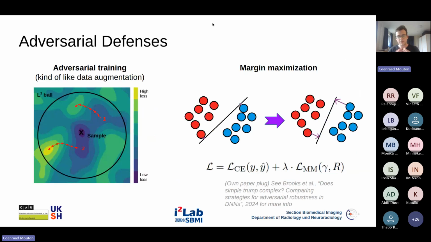So as you can imagine, there's been a lot of work done to make neural networks robust to these sort of attacks. So these are known as adversarial defense methods. We don't want our networks to be so easily fooled. We don't want them to be susceptible to these attacks. So we try and make them robust to these adversarial examples. Now, there are many ways of doing this. There's been about a decade, or actually 11 years now, of research into this topic. And there's a whole class of methods.